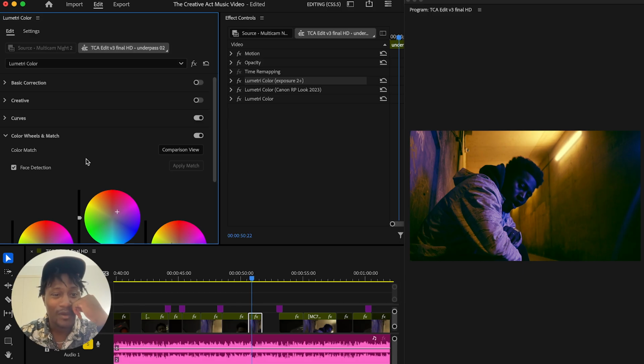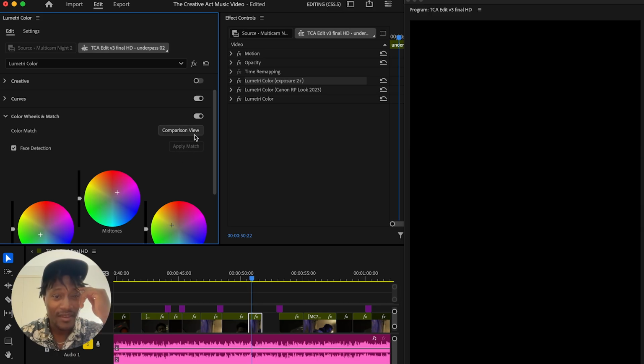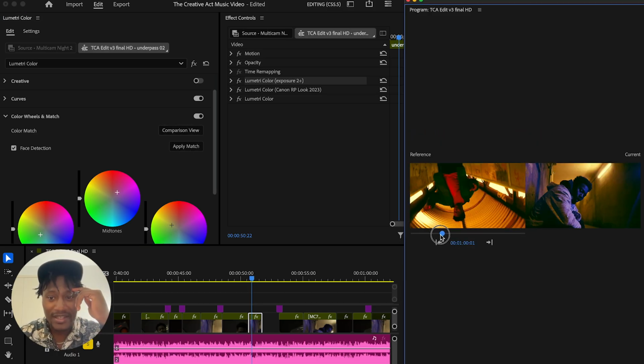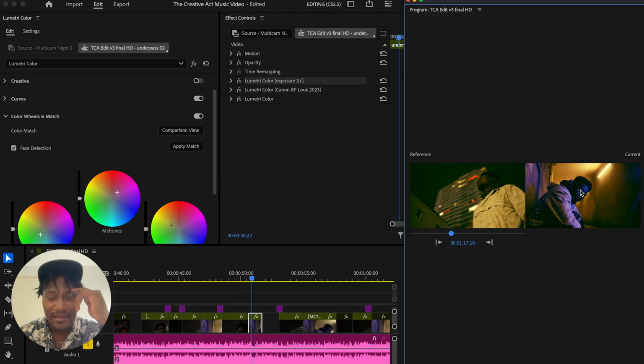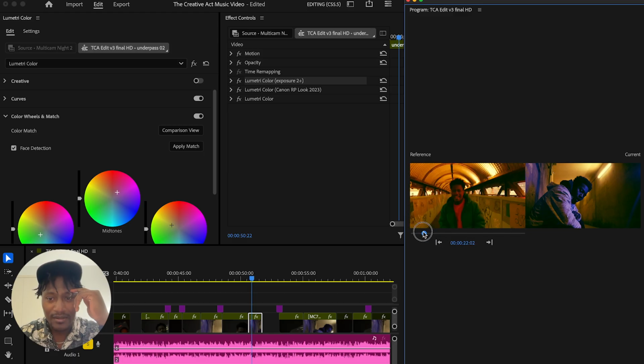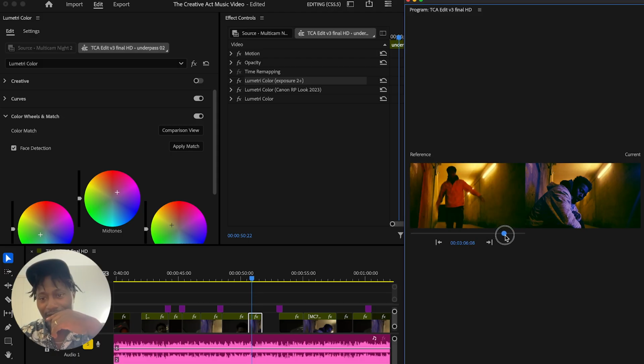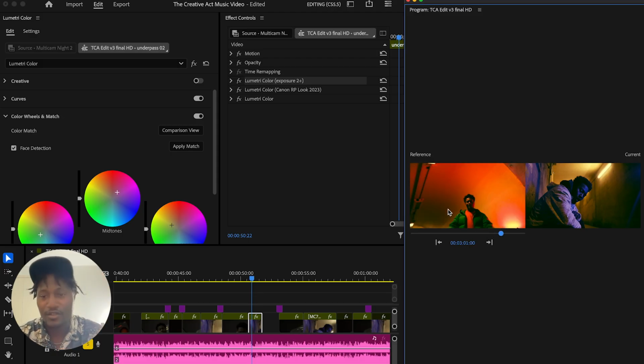What I find interesting about Color Wheel, which I'm not going to show you in this video, is the comparison view. You can put a scene here as a reference. Let me see if it works here. I've already treated this video, so it's not really going to work. Let's say I like this shot. No, that one's not going to work. Maybe it'll work with the green. No. Anyways, comparison view is you put your reference in here, and if you press apply match, it'll literally